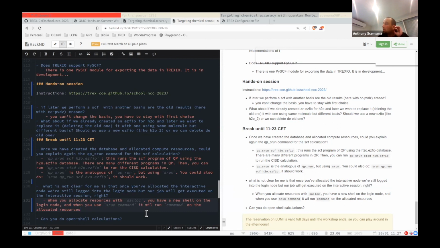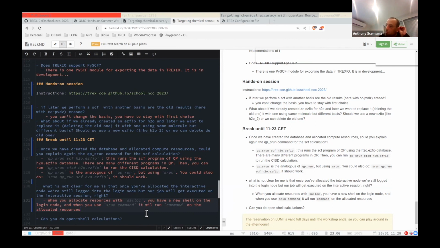So it's a way to interactively run some parallel calculations with MPI on different nodes. But you can also use it to reserve a very tiny reservation on a supercomputer. It's pretty useful when you're doing benchmarks, because you want to run the same code always on the same compute node. So here you say I reserve it for the morning, let's say for 4 hours, and then I always run on the same hardware.